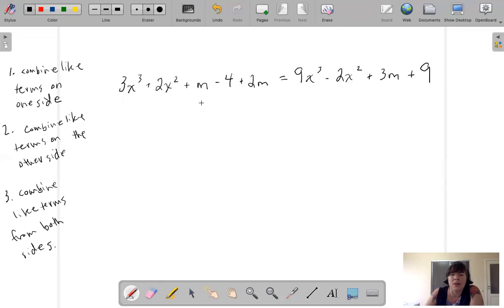I don't have any more x squared. M. Oh, I've got another 2m right there. So I can do 3m. 3x cubed plus 2x squared plus 3m. And I don't have any more just numbers, so minus 4